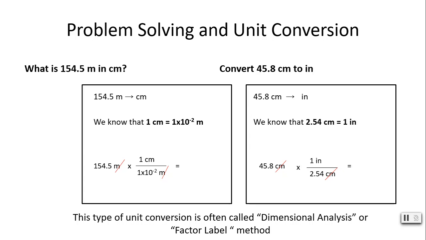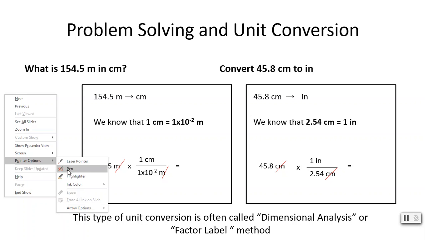So let's do some examples, some one-step examples using this new way of solving problems called dimensional analysis or factor label or unit conversion, where in these problems I am given a measurement in a particular unit and I need to convert it to a different unit, and how I can use the factor label method or unit conversion to do that. So in this first example, I have a number that is in meters and I need to go